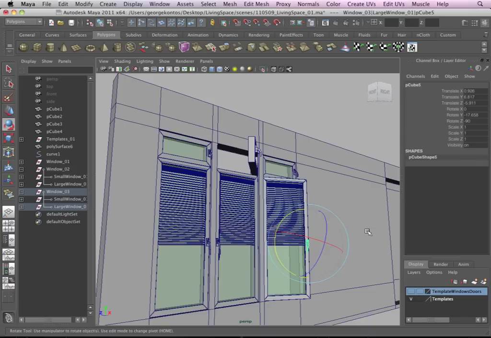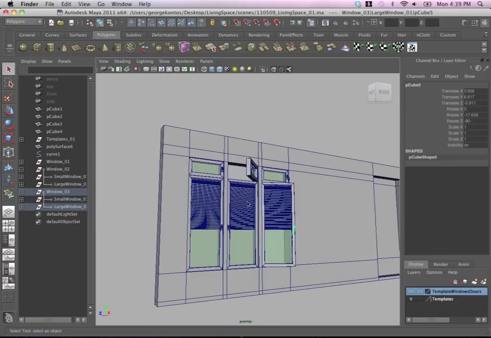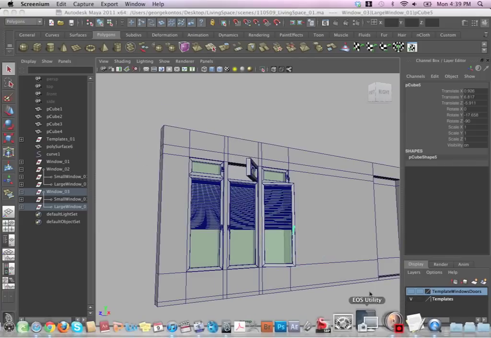You can use that window set group with that hierarchy, a group inside another group inside another group. It makes it a very valuable asset for any sort of projects that you want to make later on. So you can actually export only the window and then bring it in another project. So that's what I wanted to show you, and then